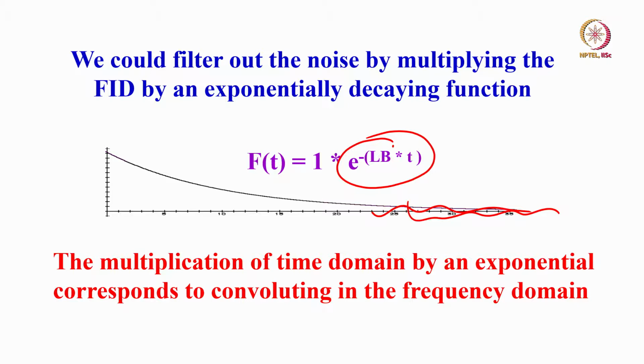So we multiply this time domain signal and ensure that the later part of the free induction decay, the noise, is cut off and we are going to get better signal to noise ratio at the expense of the line width. That you do not forget. Alternately, you may ask me a question, instead of an exponentially decaying function, what happens if I multiply by an exponentially increasing function? Instead of decaying like this, if I increase like this, if I multiply like this, a very interesting thing will happen.